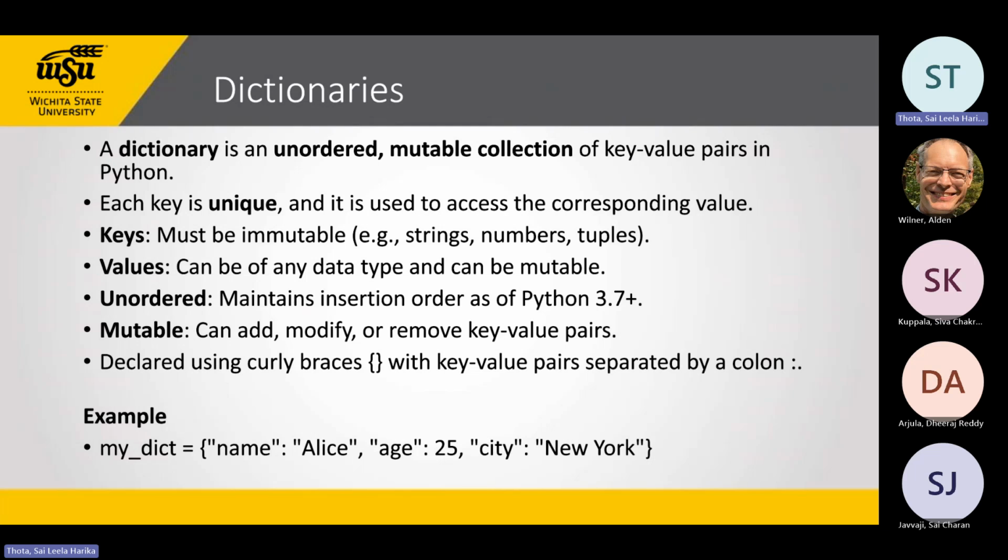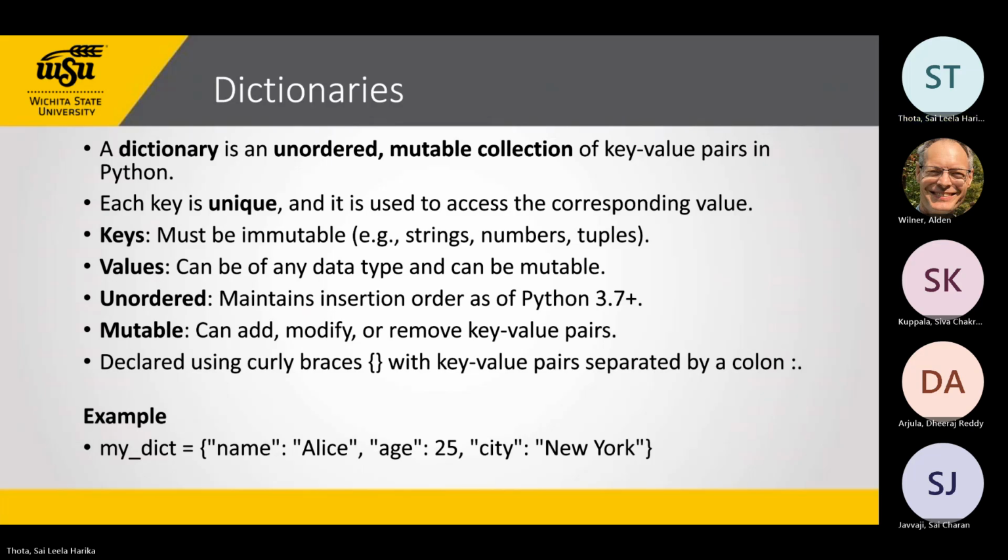If you observe the example, name Alice, age 25, and city New York. Name, age, and city come under the keys. And Alice, 25, New York come under the values. So if anyone asks what is a dictionary, in simple terms we can say key value pairs. There are keys, there are values, and they are paired. Name and Alice, they are paired, right? So they're key